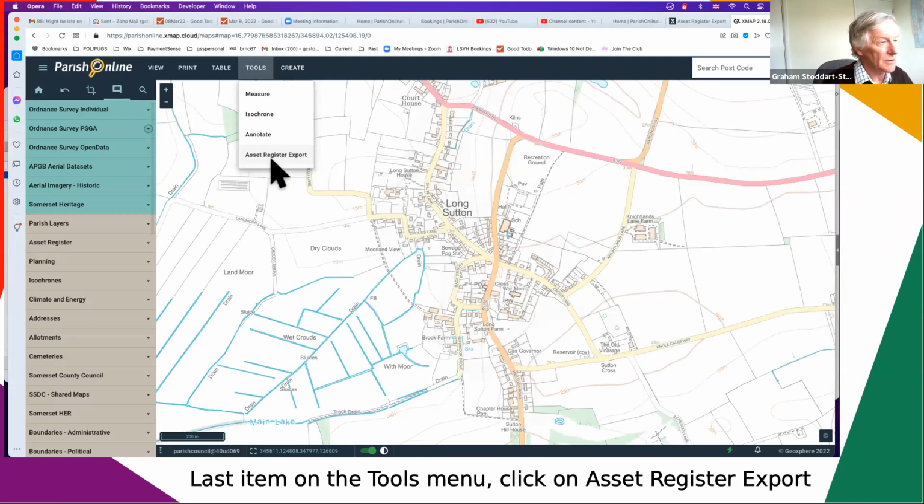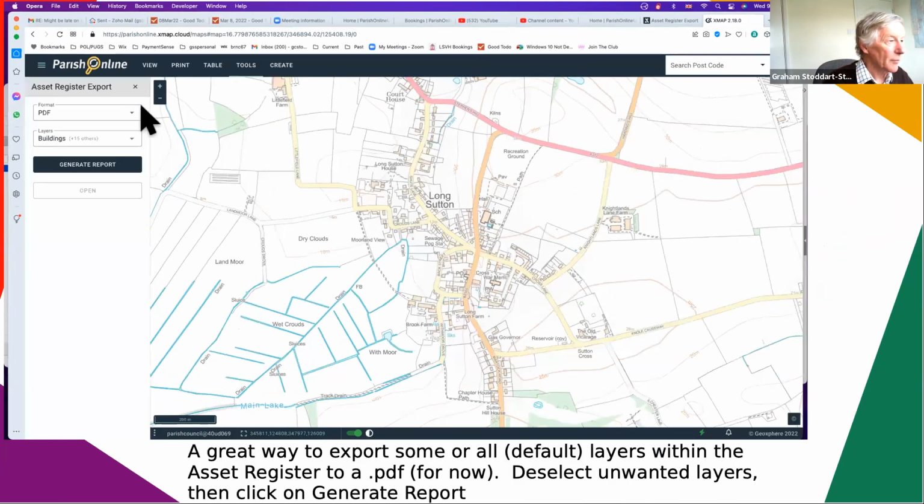We're now going to go down to the asset register export. And up it pops here with a drop-down list in the left-hand column saying what format you want. Now, at the moment, the only choice is PDF. So this isn't really a choice, but it will be in the future. We've asked them for a CSV file because the one thing I really, really would like to have as a parish councillor or clerk is a list of all the assets in a spreadsheet with all the values so that I can just top them up and send them off to the insurance company